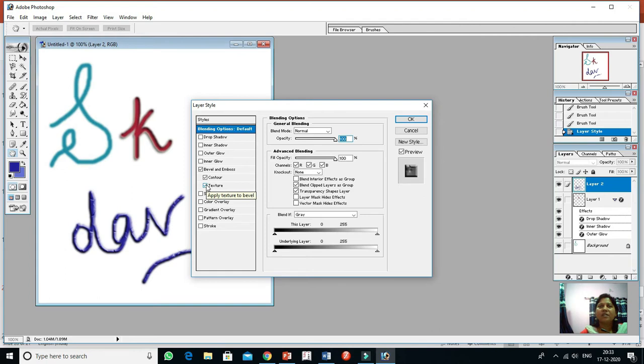Texture is there. Satin. Then opacity is there. You can change the opacity. Blend mode is there.